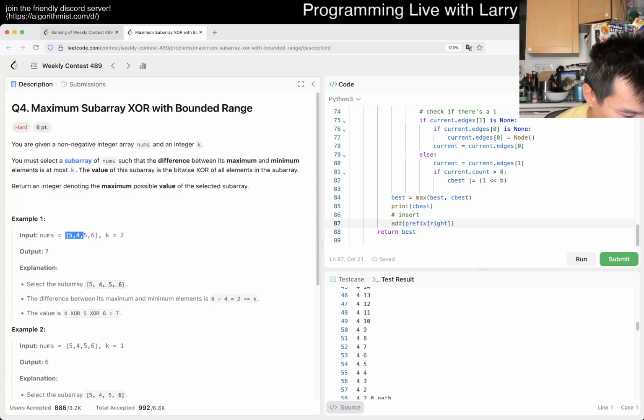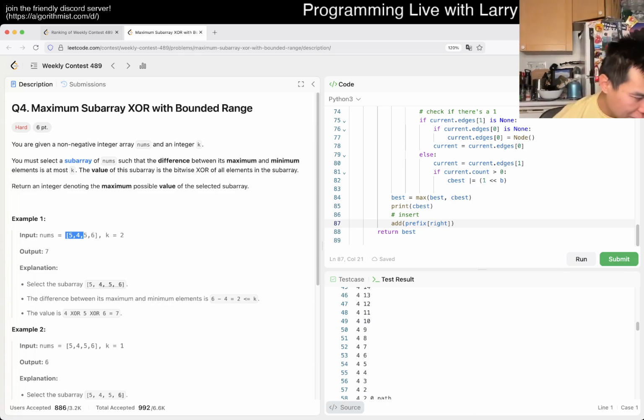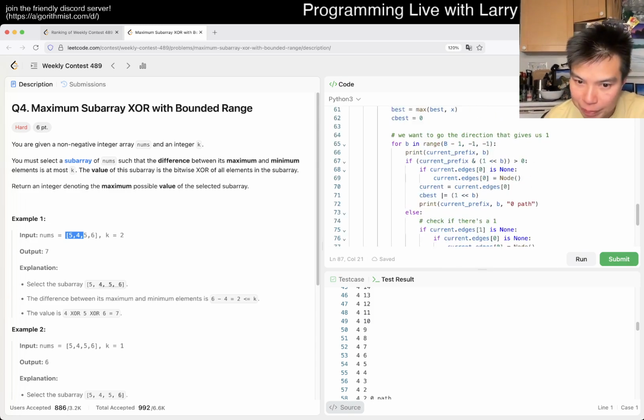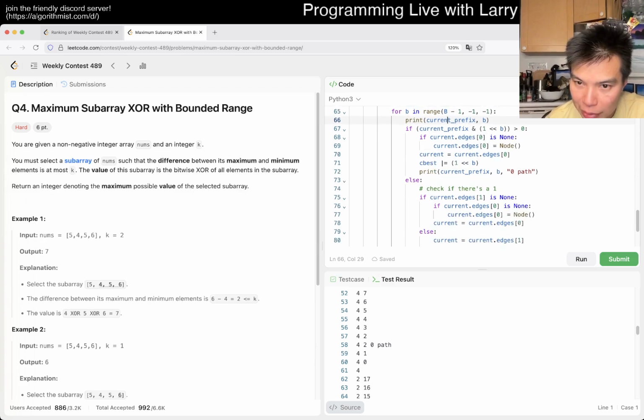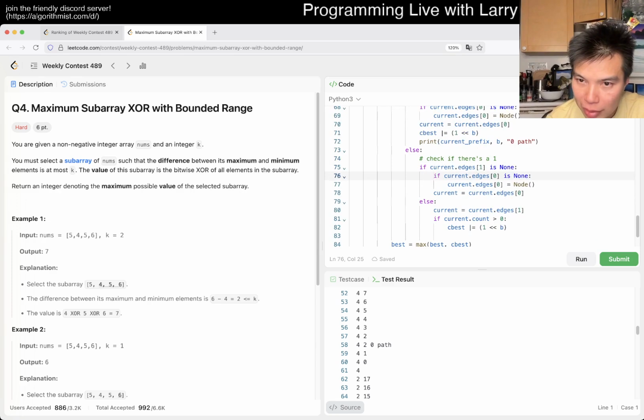We want to optimize the prefix to subtract from, right? Which is the same as for an XOR. So we have a prefix of 4. That means that we want to subtract a 0, right? 0, 0, and then 1. We go down the 0 path, and then 4 should be 0, right? Yeah, 4, 0 should be here. Check if there's a 1, right? And there should be a 1. Oh no, this is check if there's a 1. There should be a 1, and we didn't remove anything, so